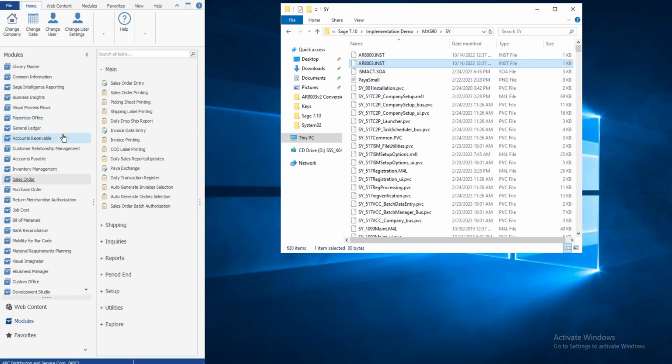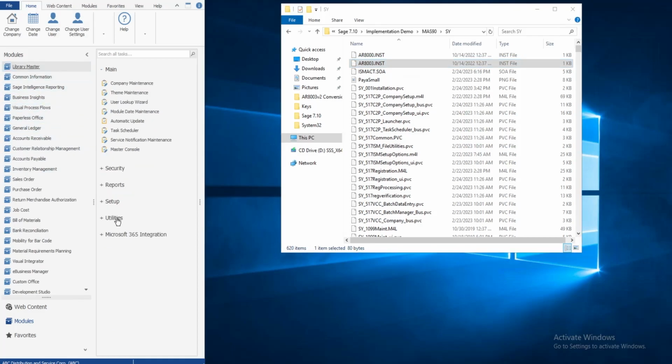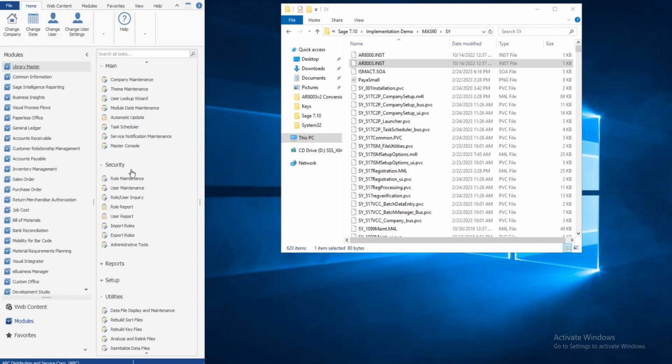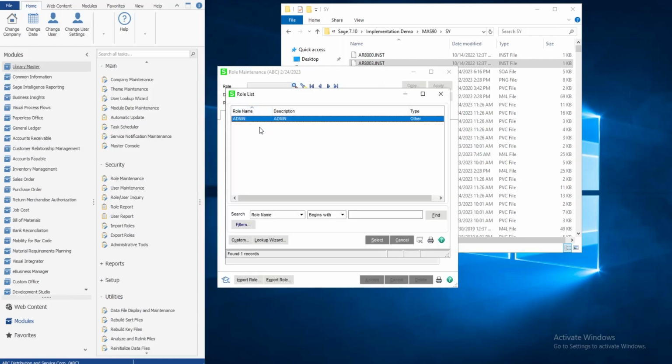Next, we'll go through activation of the software. Activation can be done in Library Master under the task Paya Advanced Features Registration. However, if this is your first time using one of the Paya Advanced Feature enhancements, you will need to make sure that you have this task available to you in Utilities by going to Security, coming into Role Maintenance, selecting your role,